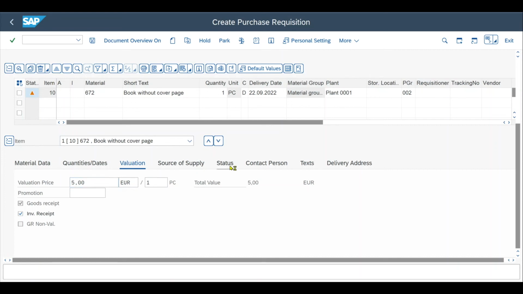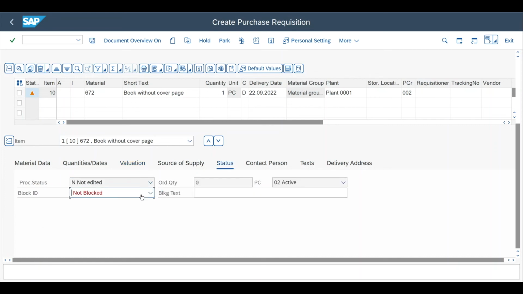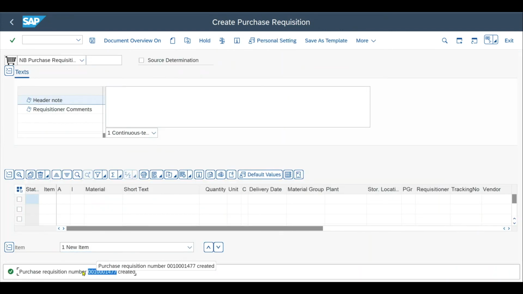Then we have a status tab, where we can see that the document is currently not blocked. We can include free text information for contact person and texts, as well as for the delivery address. As always, we can also park the purchase requisition or hold it. So now it's time to save the purchasing requisition. A number is issued by the database, and this purchasing requisition can now be used to be converted to a